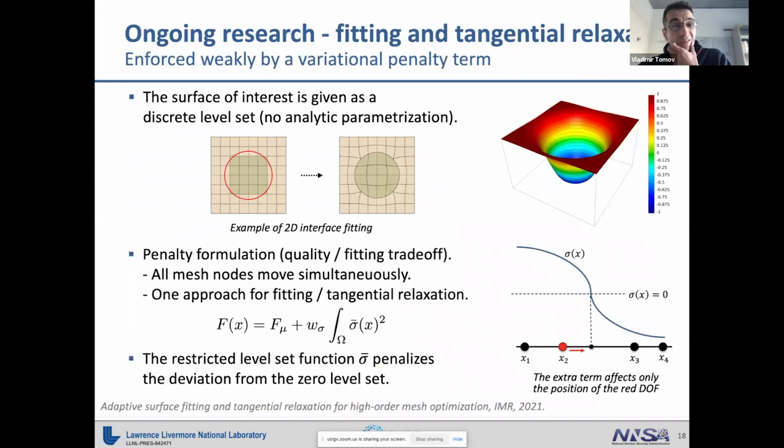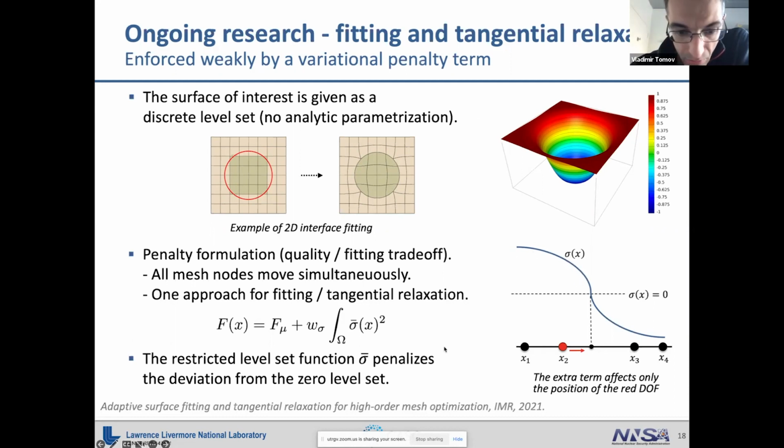Yes, lately we've been looking at fitting. So fitting mesh faces to zero level sets that will be used for interfaces. For example, if we have a zero level set function here, so it specifies this circle, and you want to fit the interface between these two materials to that circle to get something like this. The way we do it, again, there is no geometry. It's based on finite element functions. This sigma function here is the